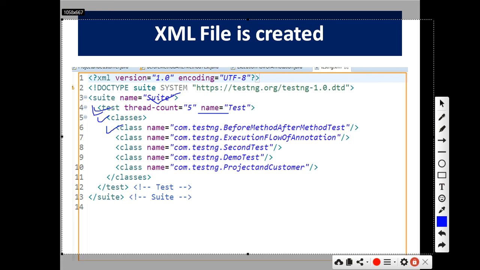We don't write hard coded; for every page I create one class because it is easy to maintain. That concept is called page object model, which we will learn in the coming session. In one class we might have 10 test cases. This is the package name, and this is the class name.